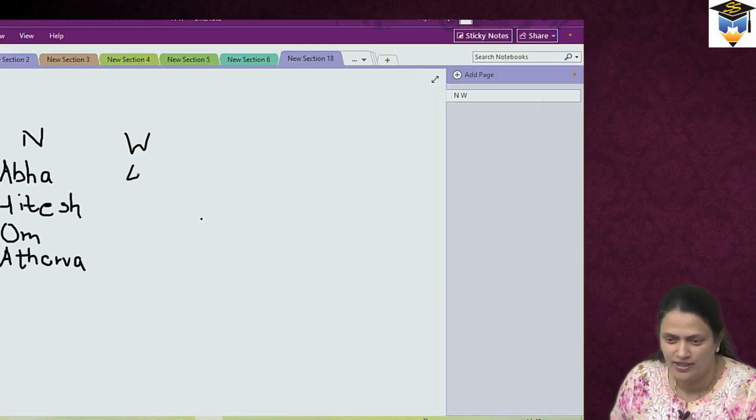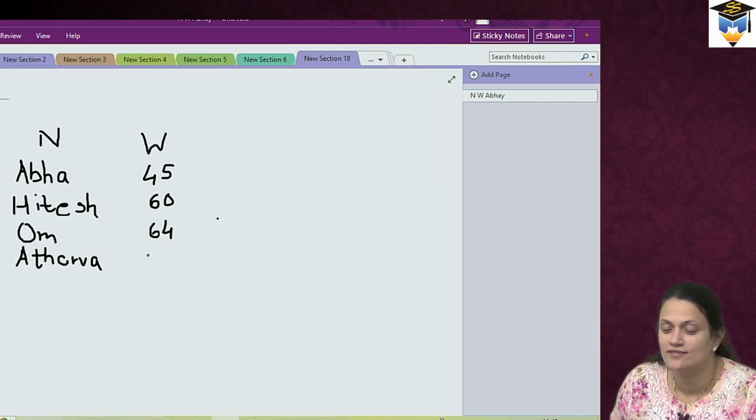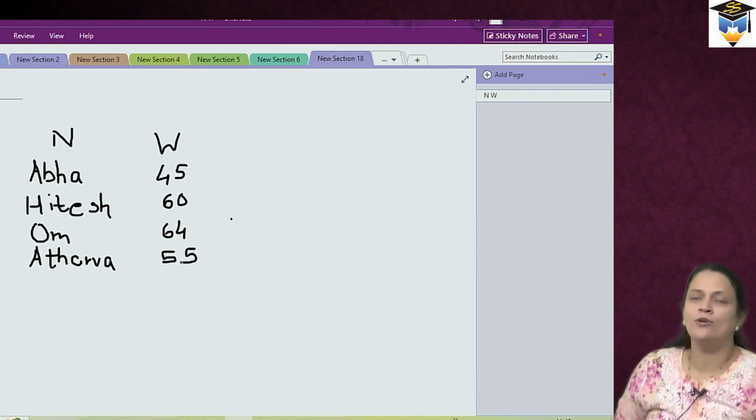Let's say Abha's weight is 45, Hitesh is 60, Om is 64, and Atharva's weight is, let's say, 55. Okay. Now,